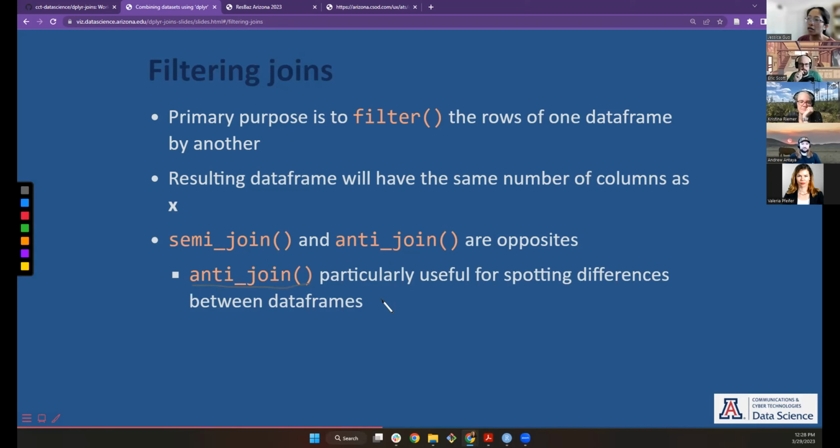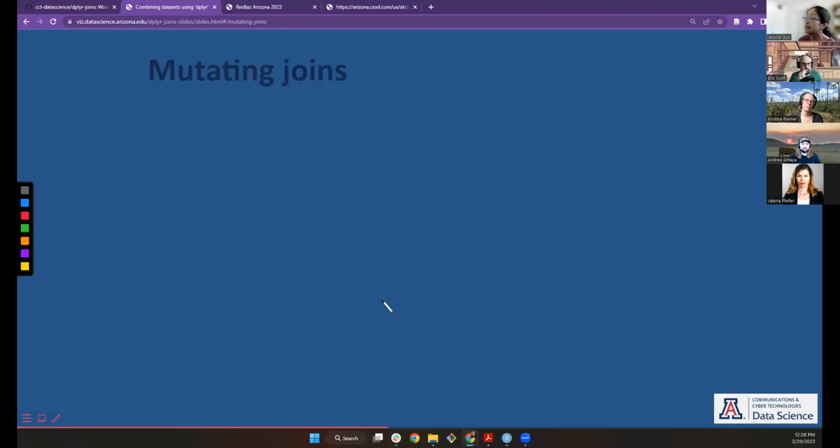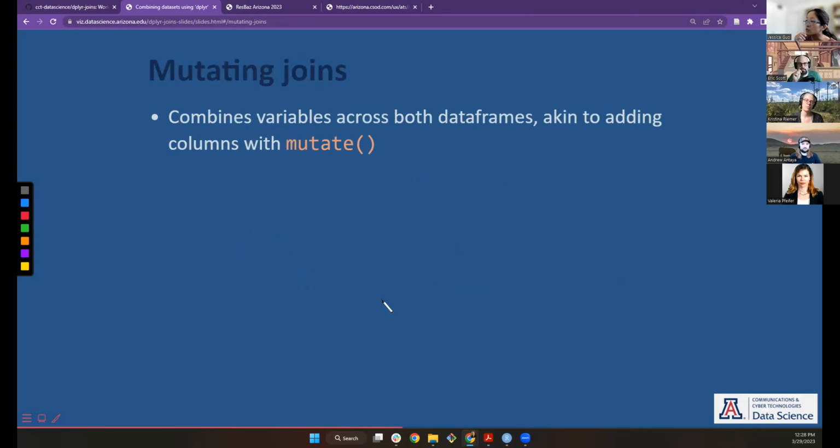But we're not mostly talking about filtering joins today. The ones we're interested in for this exercise are mostly going to be mutating joins. That's all I'm going to say about filtering joins. Mutating joins are like mutate, right? Many of you, or maybe only our group, used mutate. Room 1 used mutate to do almost everything, but mostly to convert that date column into month, day, and year. We were adding columns with the mutate function. So that's why these are called mutating joins,